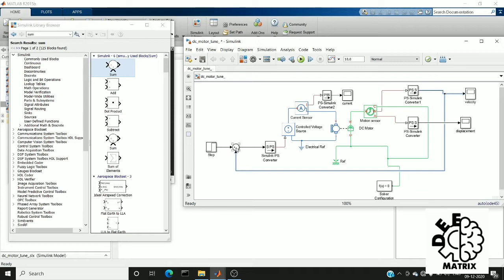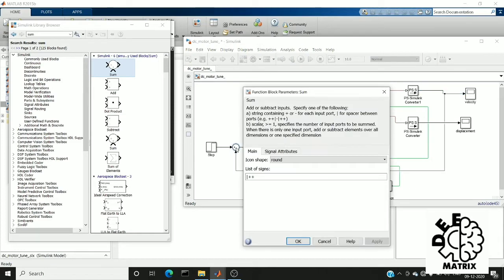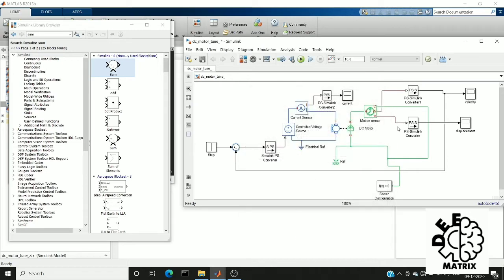In order to tune the speed, we need a negative feedback system, so I'm going to change the other sign to negative. Every time we get the speed value, it will be subtracted from the input so that we can get a controlled speed of the DC motor. So this is the connection.